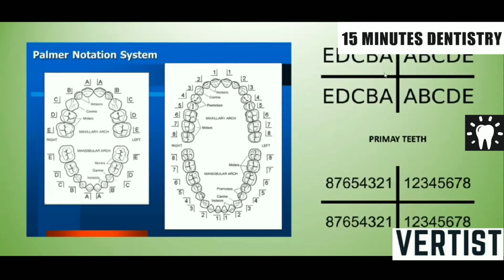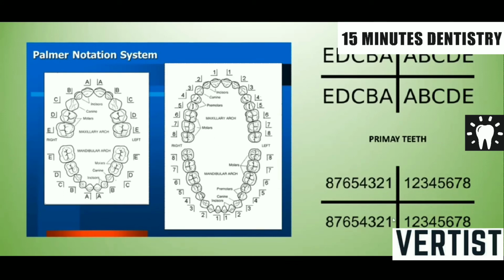Now here in the Palmer notation, for the primary teeth, the mouth of the patient is divided into 4 quadrants. This is the mid-sagittal plane or midline, and the horizontal line indicates the division of the maxillary and the mandibular arches. So this starts from A, from the midline, to E, that is A, B, C, D, E, in each quadrant. Here you can see the maxillary right side deciduous lateral incisor in a grid. So here it is indicated in Palmer notation like this. For example, the right side and left side first and second deciduous molars are indicated like this.